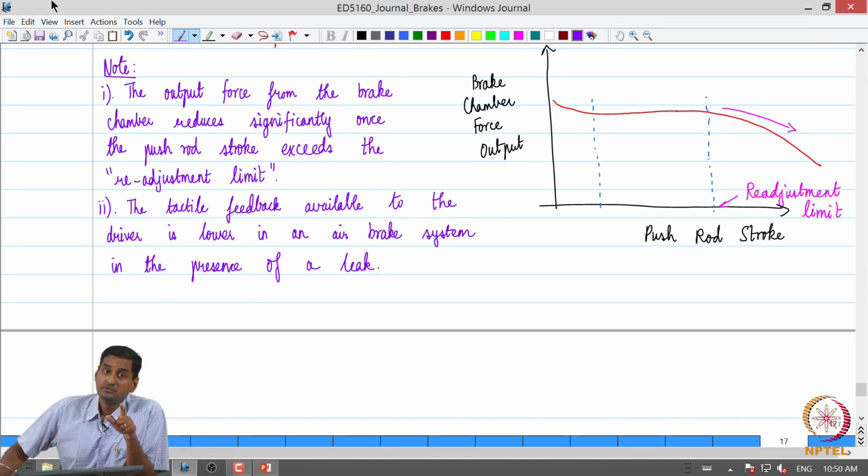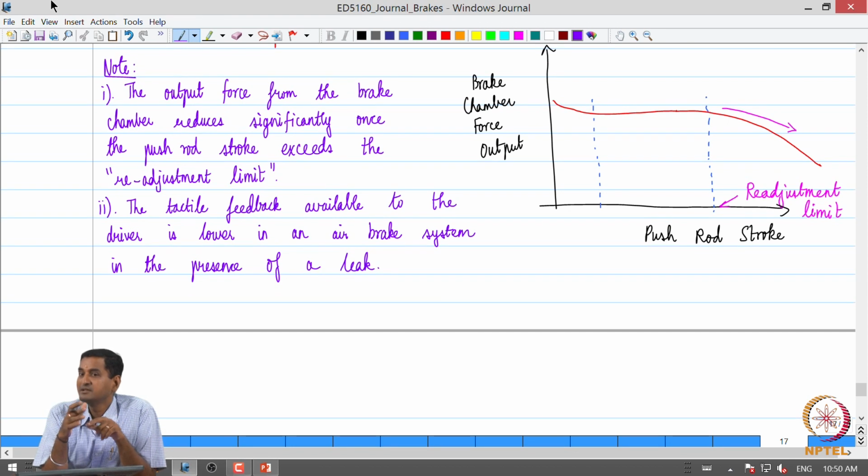Now, another point is, if there is a leak, what is going to happen? The brake system is going to try to pump more air into the brake chamber. Consequently, in the treadle valve and relay valve, the connection between the supply and the delivery will always be open, even if we have medium brake applications, because why? There is air leakage, right?